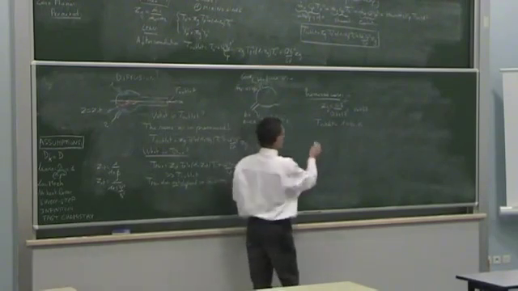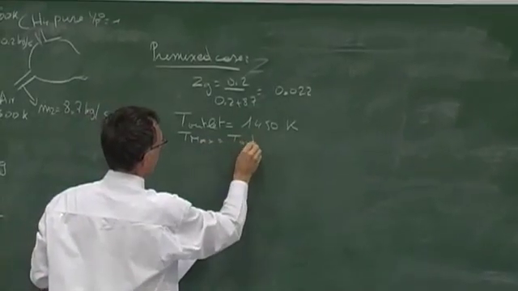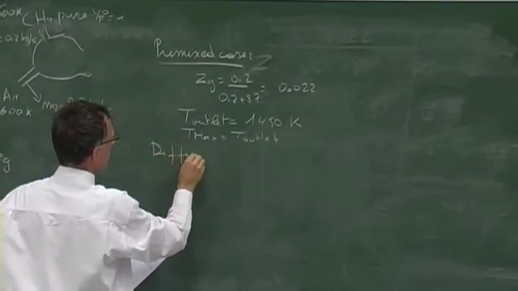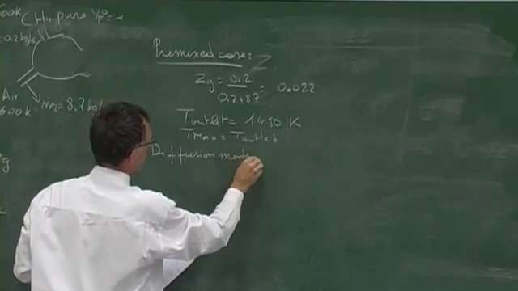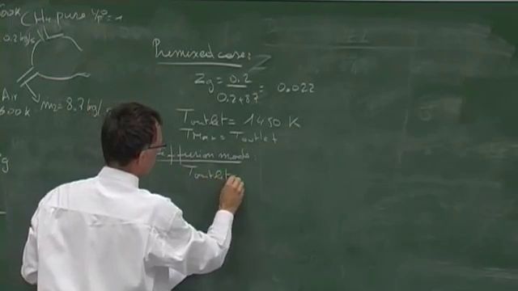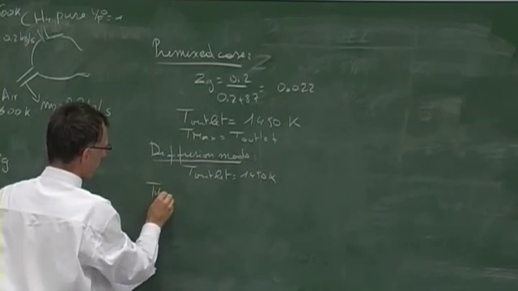And of course, the Tmax is equal to T outlet. But now if you work in a diffusion mode, T outlet will be the same, as I've said before, so you will still get out at 1415 K. But Tmax